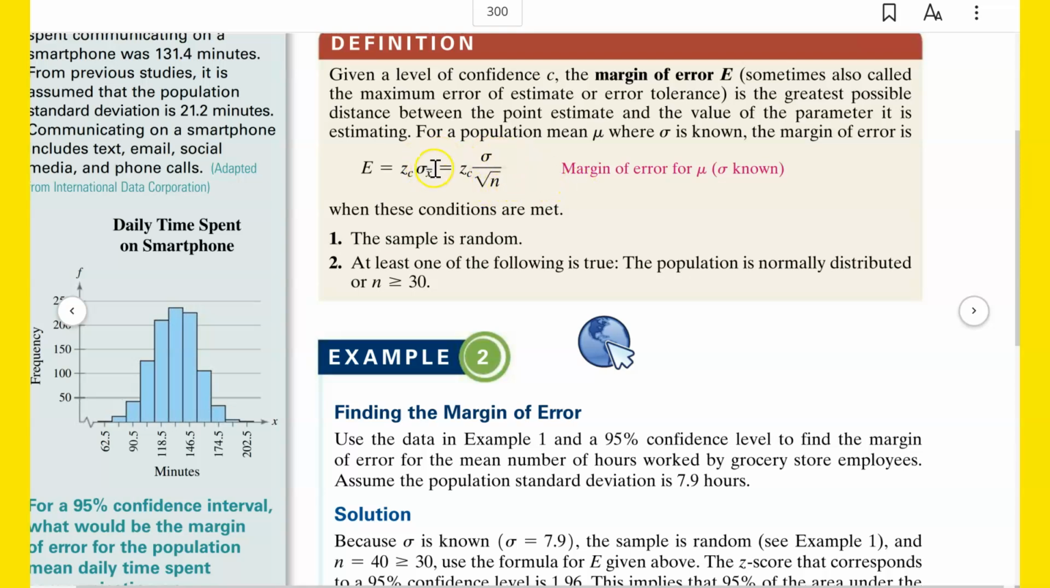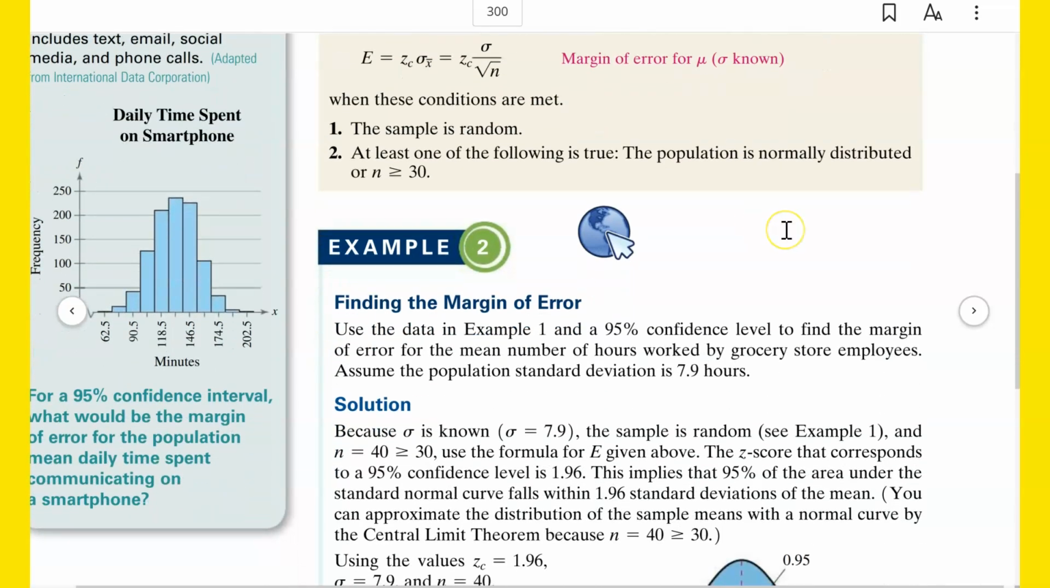Sigma sub x bar is the standard deviation of all of the samples, the distribution of sample means. So not just the sigma of a single sample, but the sigma of the distribution of sample means, which means you take the sigma and you divide it by the square root of n, where n is the sample size. When these conditions are met, the sample is random. So z sub c,